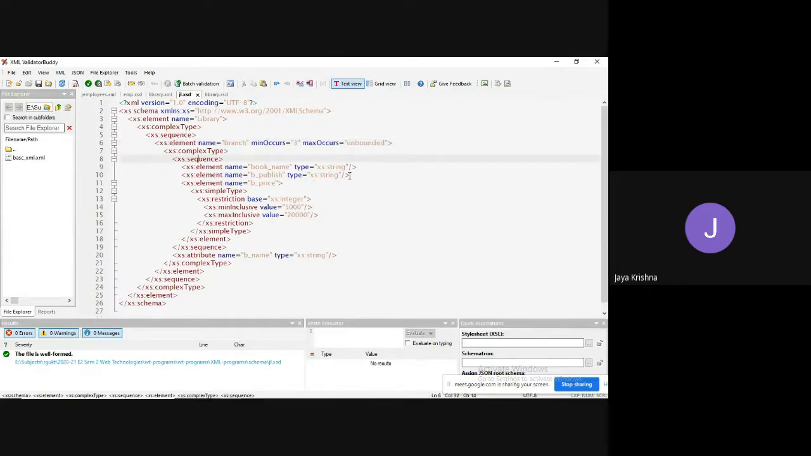So the sequence: book name I have as it is, book published. Now I have taken the book price. Book price is a kind of restriction, so to make it that, I have used the simple type in that restriction tag. In the restriction tag I have defined the type of the restriction, and I have made the close restriction as well